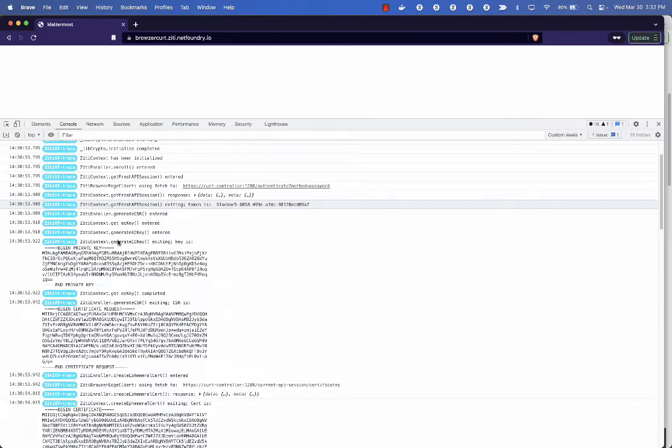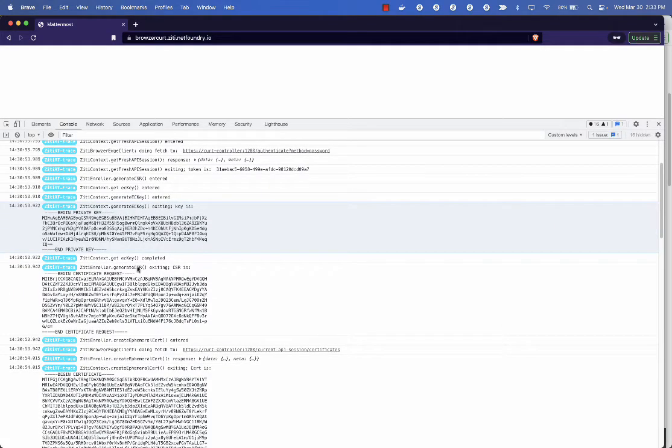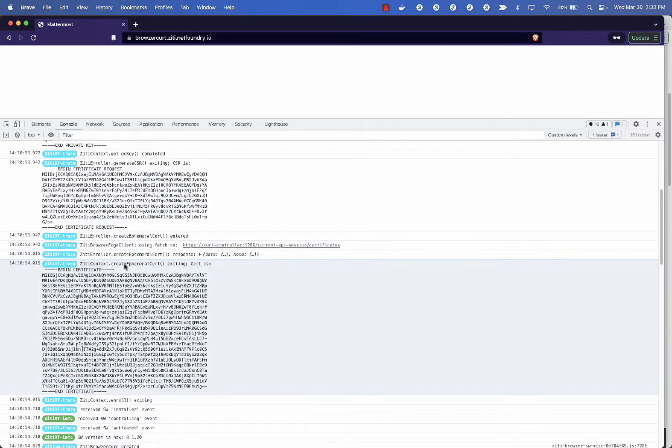And this is how much time it takes to do that. So we come in and get out in about 12 milliseconds in this particular demo. And that's fairly representative of how much time it takes. I've seen it as low as 5. 5 to 10 is generally what we're talking about, at least on my laptop. With the key pair in hand, we can now go ahead and generate our CSR, which we have done here, and we pass that over to the controller here, and it gets the certificate back, and we are now off